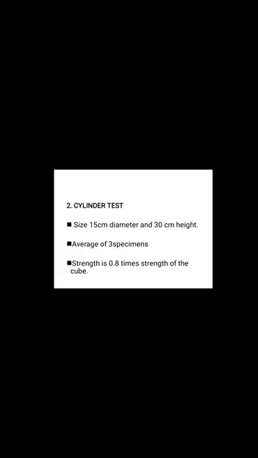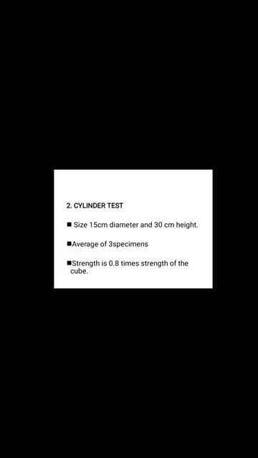But what happens in the cylindrical test is, as the cylinder does not have sharp edges, the load transfer will not happen properly from the top face to the bottom face. When the load transfer does not happen properly, it will not actually participate in giving resistance. So the strength of it will be decreasing. So cube strength is preferred because the cube has sharp edges at the corners. The edges are all sharp, so that the load transfer will happen properly. The cylinder test is preferred only in a few countries, but in India we take the cube strength for determining the compressive strength of concrete.